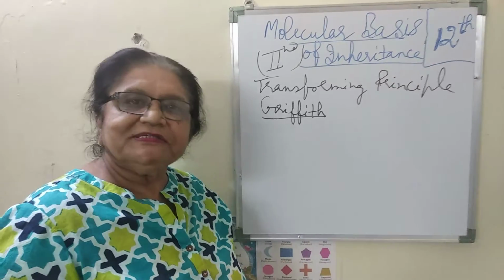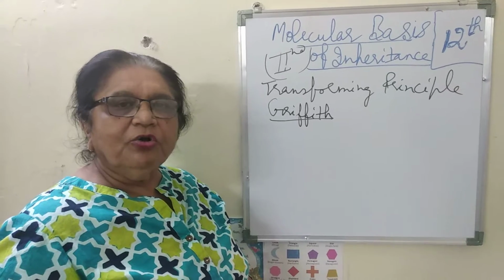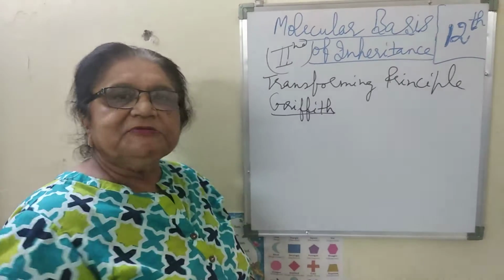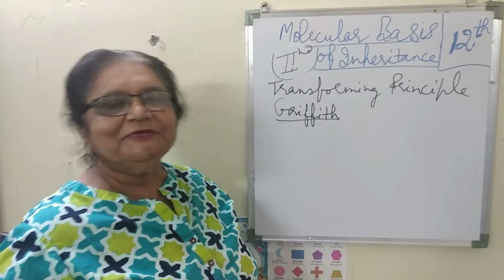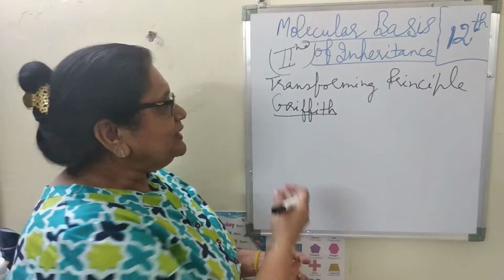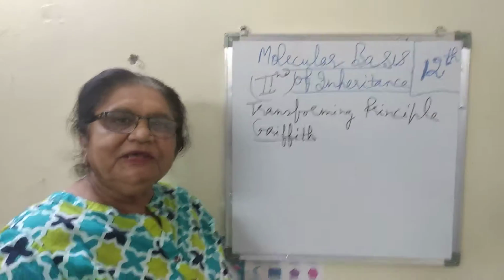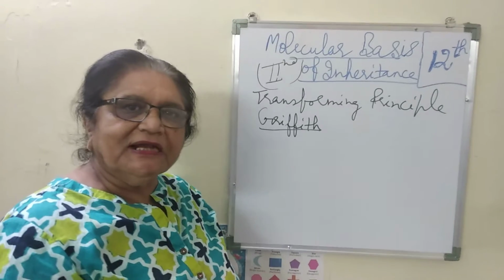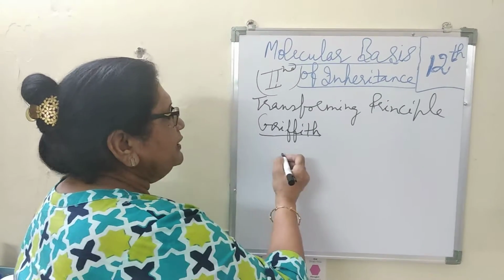In the previous class we discussed that DNA acts as a genetic material, carrying all the information from generation to generation. Now the experiments proved whether DNA, protein or RNA is the genetic material. Today the very important experiment is the Griffith experiment, to prove the transforming principle. What is that principle? So he did the experiment with